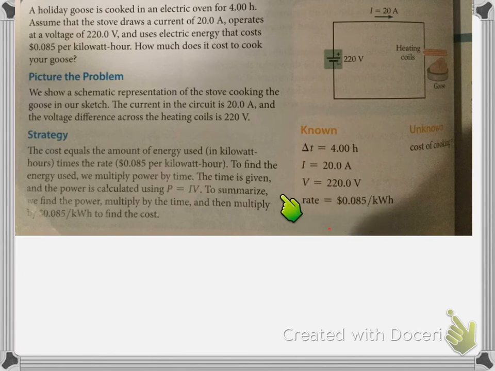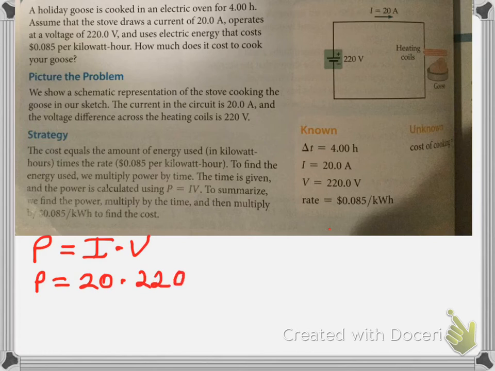So I need to know how much power this oven is producing in order to figure this out in kilowatt hours. If I want to know power and I know I and V, remember that's the first formula I gave you: power is equal to current times voltage. I know my current is 20 amps and my voltage is 220 volts. If I multiply those together, I get a power of 4,400 watts. So that oven is going to produce 4,400 watts of power, which would be, in terms of kilowatts,